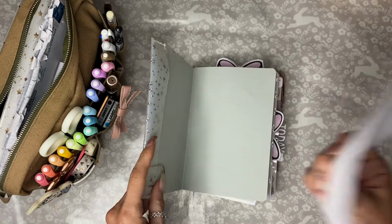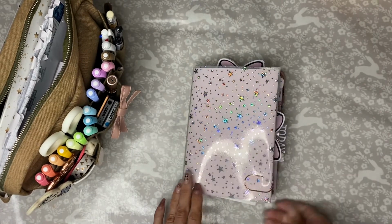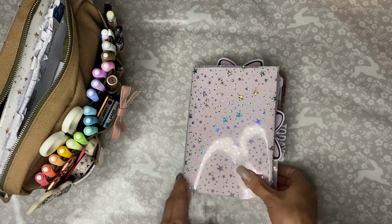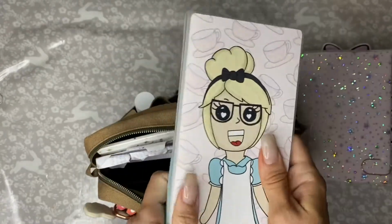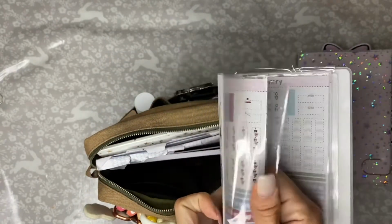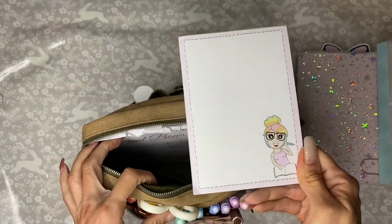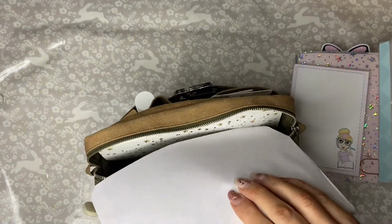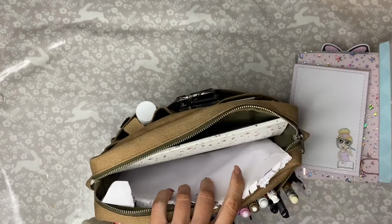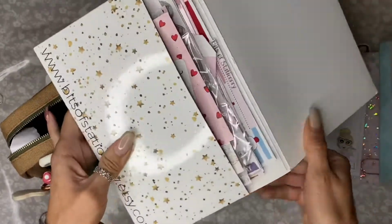I've got just some notes in there, but I'll go through a proper flip through of this again, because it's probably changed a little bit since you last saw it, but that lives in here anyway. I've also got a sticker folder which has got some Hobonichi kits in. I've got a notepad. That is a ticket in there for a planner event that never happened because of what's going on at the moment. And then I've also got another folder which has just got some odds and ends